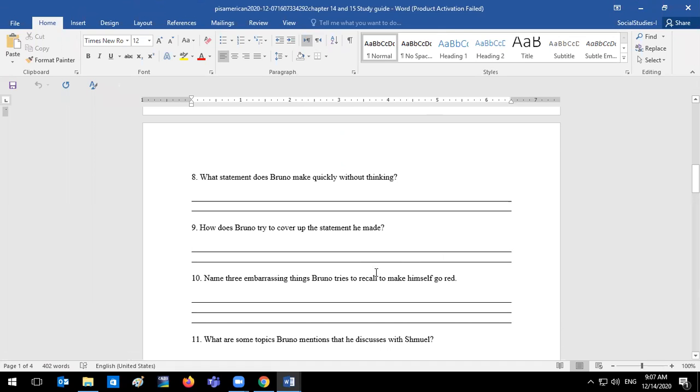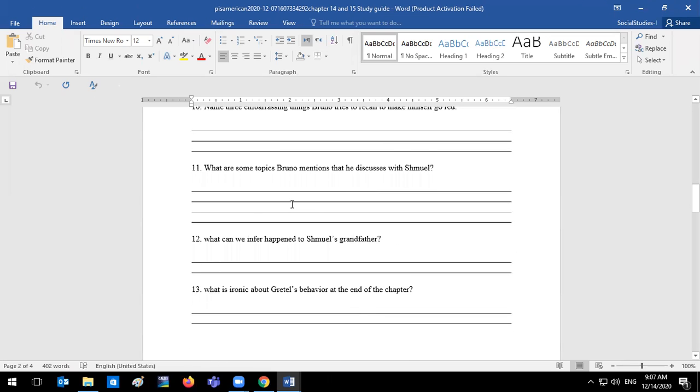All right, and he shows that he's very embarrassed about this because it's such a childish thing to do, to have an imaginary friend. In order to make himself blush or go red from embarrassment, he thinks of embarrassing moments. These embarrassing moments that he thinks about are the day that Grandma walked in on him in the bathroom. Then he also thinks about the day that he fell off his bike in front of girls, and the day that he called his teacher mom in the classroom. So these are the three embarrassing things that he thinks about to try to provoke some redness or some blushing in his face.